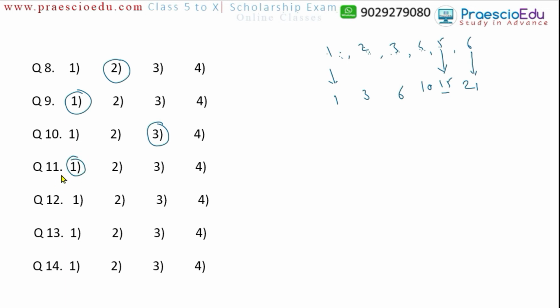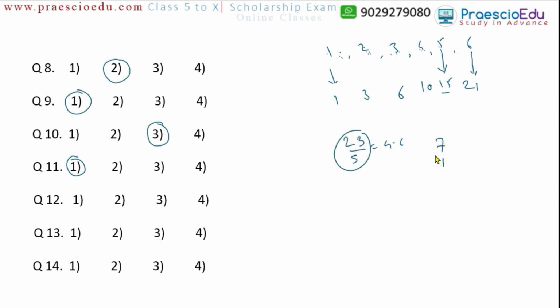Okay, all of them are square numbers, but on an even and odd basis we have to take out the one that is different. Now question number 12: 23 by 5, then 7 by 1, then 42 by 13, and 51 by 12. Now here, if you divide 23 by 5, it comes to 4 point something, so this is a complete fraction.